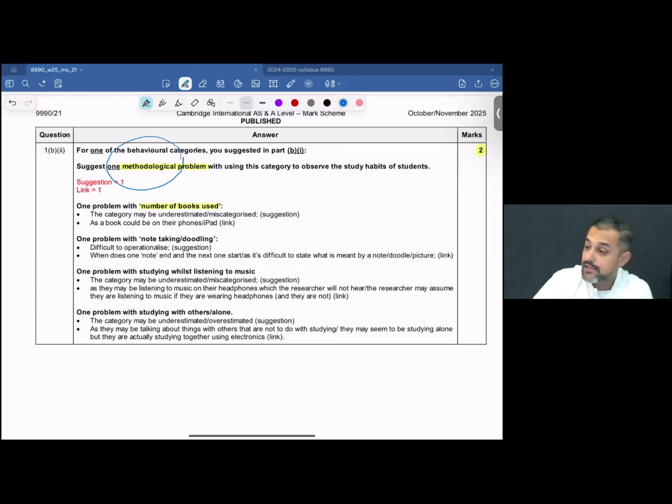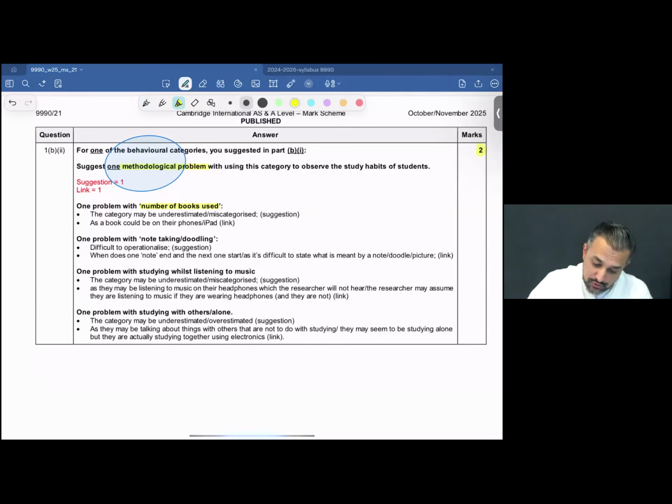The word over here, beta, is a methodological problem. I mean, there's a possibility students might end up writing, oh, a student might feel hungry or the student might feel distracted. So you need to, based on what you had suggested earlier, this question, this part is linked to the previous part, that was 1B part 1.